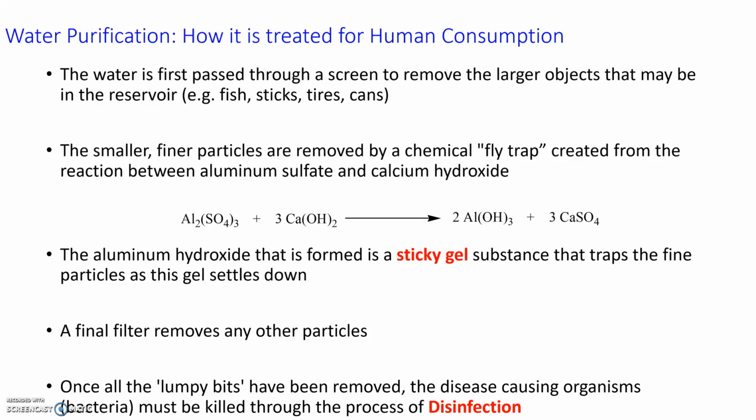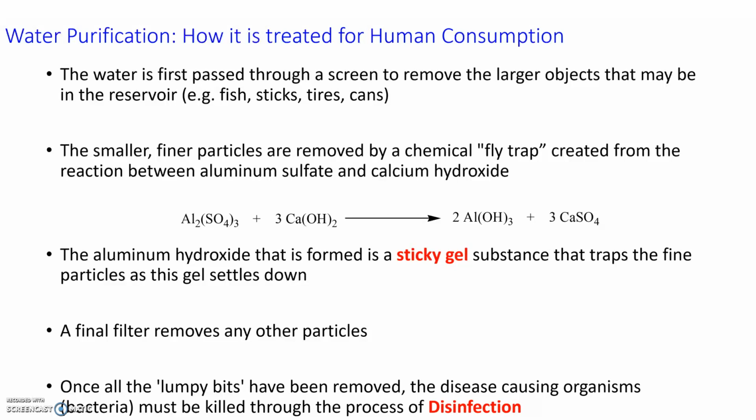The steps that I'm going to outline here are typically used for surface water. So this is when surface water, water from a reservoir or a river, is drawn in as a drinking water source. The first step that happens is that water passes through some type of screen, and this removes large objects such as fish. If you're pulling surface water, you're going to have fish in there, but also things like sticks or garbage, tires, and stuff. So the screens remove large items. The next step